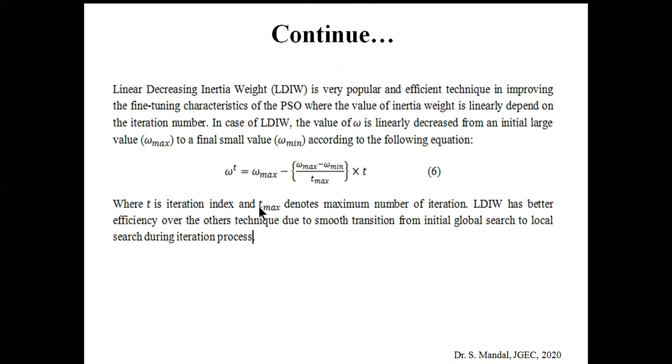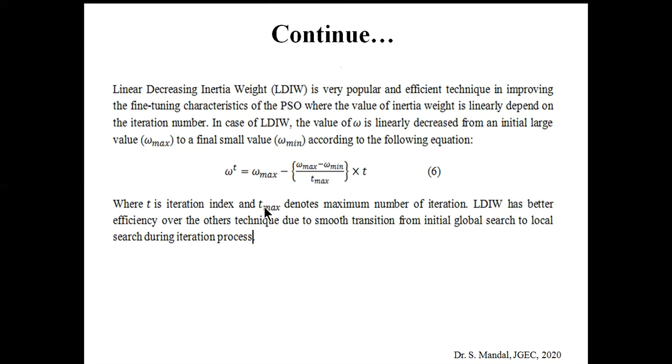A metaheuristic has this characteristic that initially global search will be preferred, and after that local search. Why? Because initially we want to explore the whole area to identify where the probability of finding the best solution lies. After that we move to that area and try to identify a better position or better optimal point in that region by using a local search strategy. So how do we want to do that?